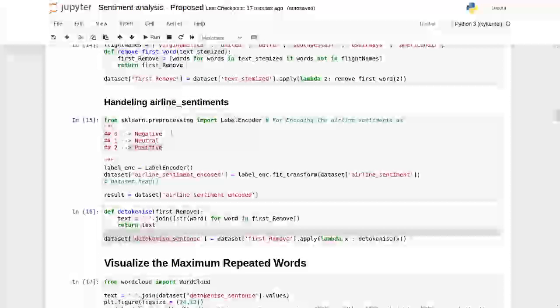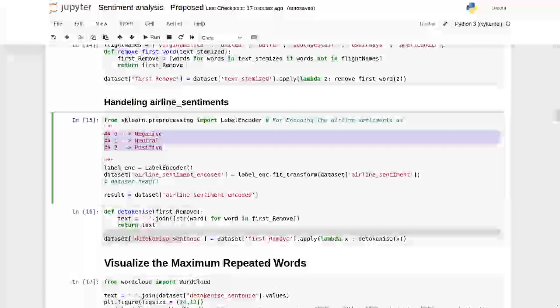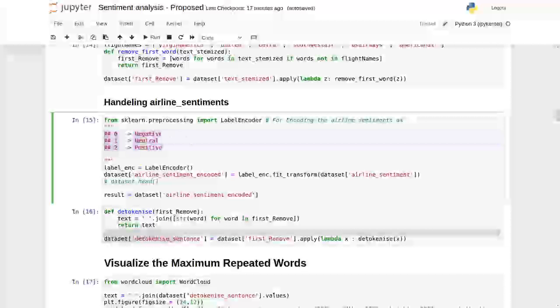After preprocessing, I have encoded the airline sentiment into numbers. So for negative, I have used 0. For neutral, I have used 1. And for positive, it is 2.